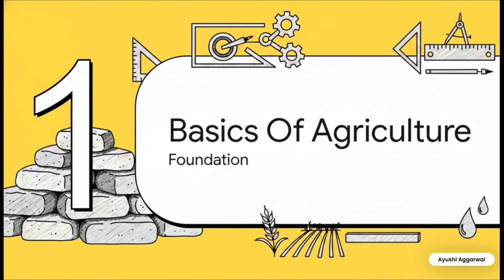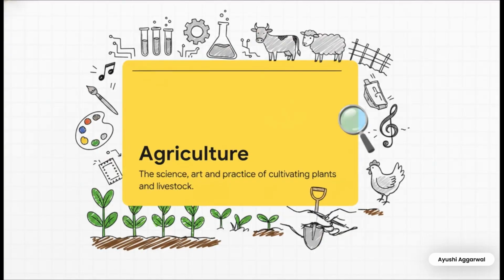All right, let's jump straight into Section 1, Basics of Agriculture, the foundation. See, every top-scoring mains answer always starts with a rock-solid definition. You can't just write whatever comes to mind, you gotta be academically precise. So, agriculture is the science, art, and practice of cultivating plants and livestock. Catch those three keywords? It's not just an art, and it's not just a practice. It's highly technical, so it's absolutely a science too. If you drop this exact keyword combo in your intro paragraph, examiner ko ekdam clear message jayega that your foundation